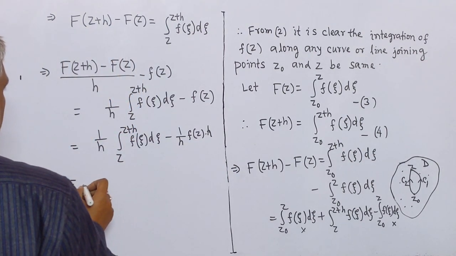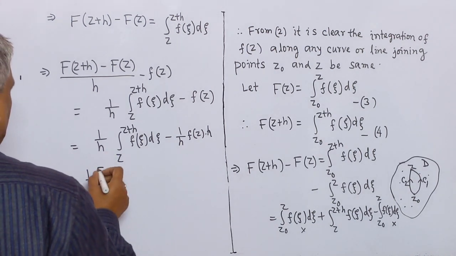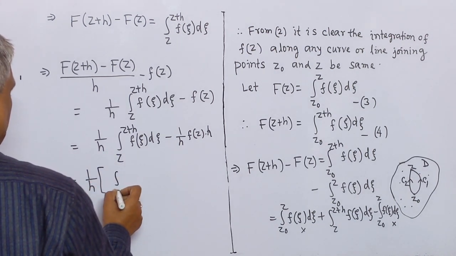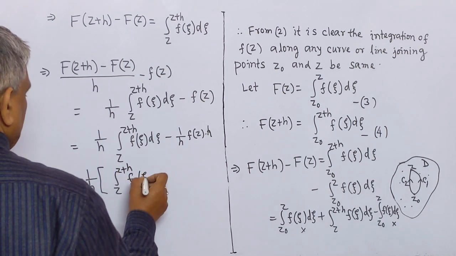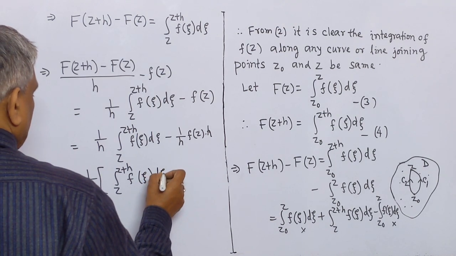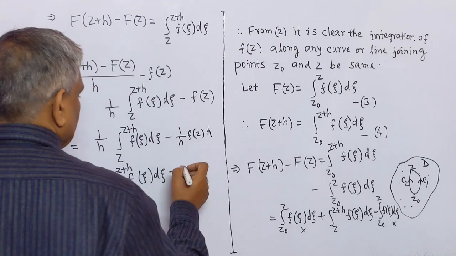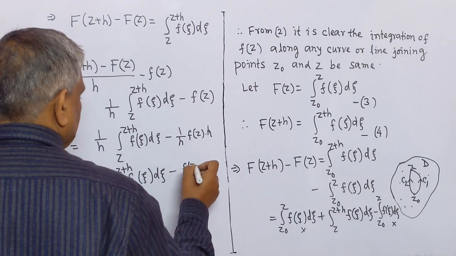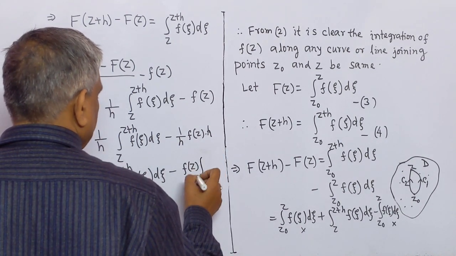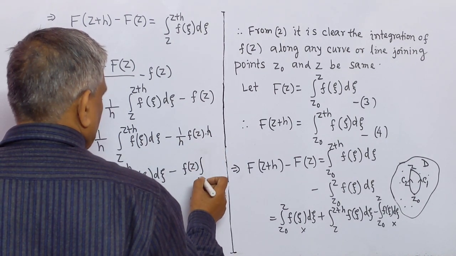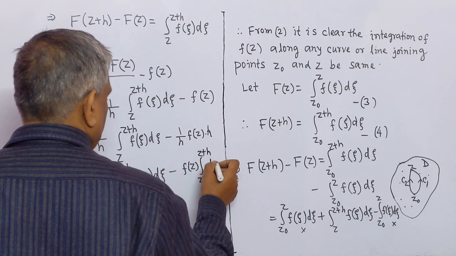This equals, taking 1 by h common, the integration from z to z plus h of f(xi) d xi minus, in place of f(z) times h, we may write f(z) times the integration from z to z plus h of d xi,